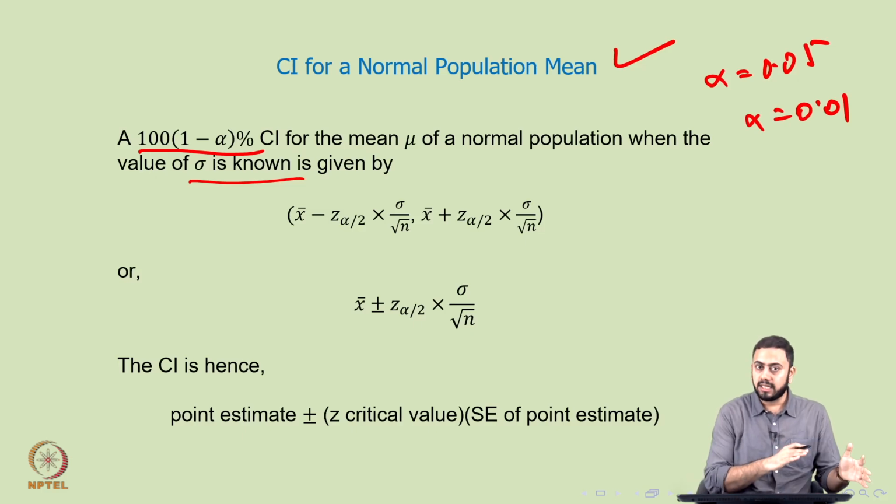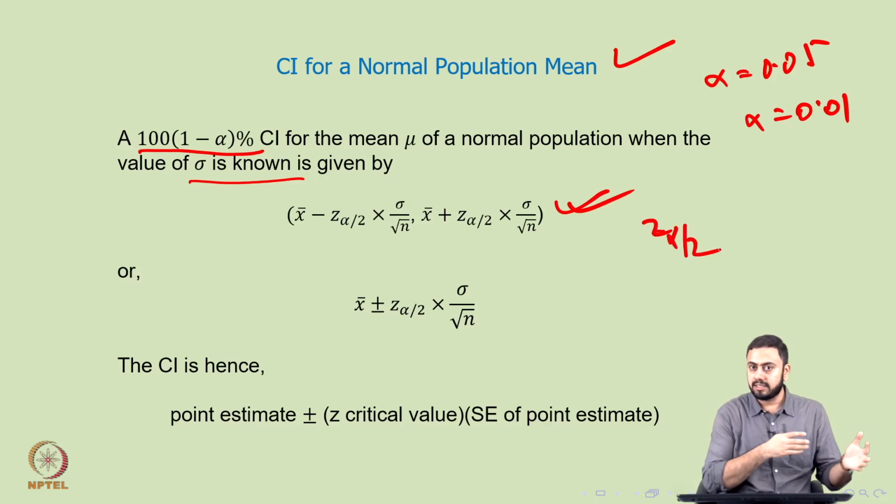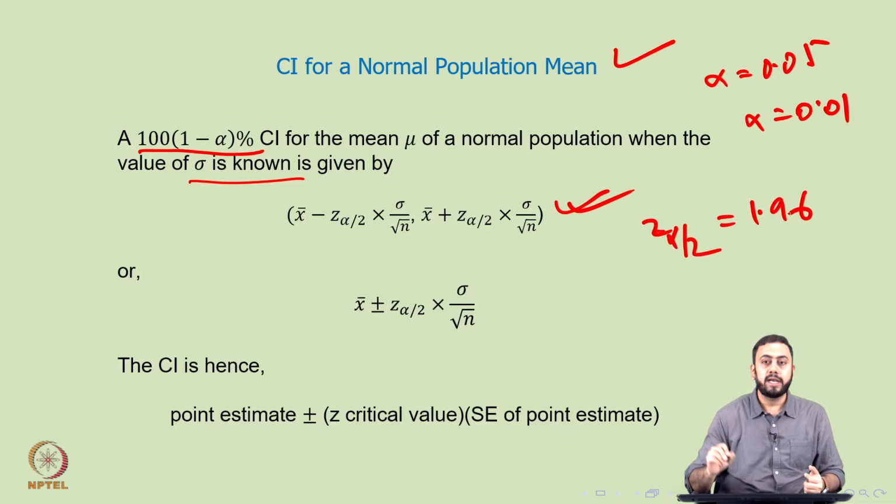Again, from the last example we saw, if you compare the last interval we found in the last slide for the insects example, it looks quite similar to this formula here. You may pause the video and tell me what Z alpha by 2 was in the last insects example. The critical value from the last insects example was in fact 1.96. If you plug in 1.96 here and minus 1.96 here, you will get the exact same interval we saw in the insects example.